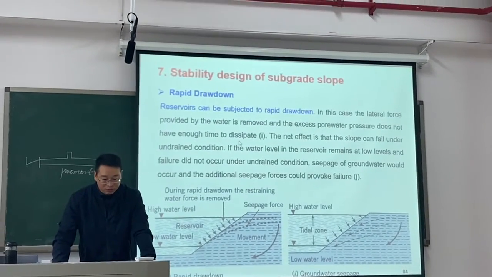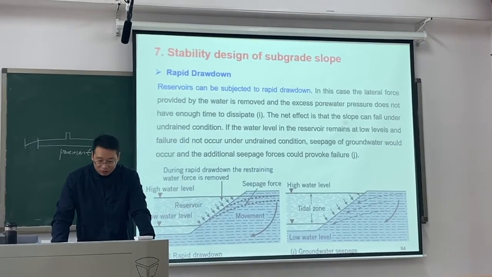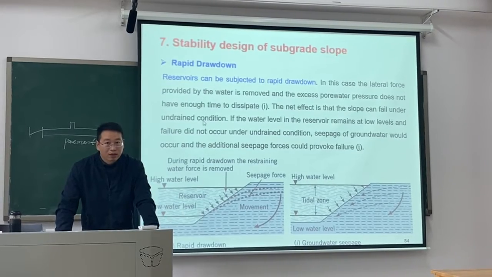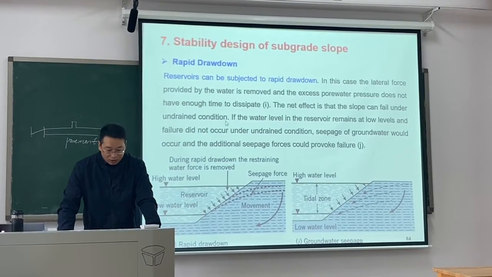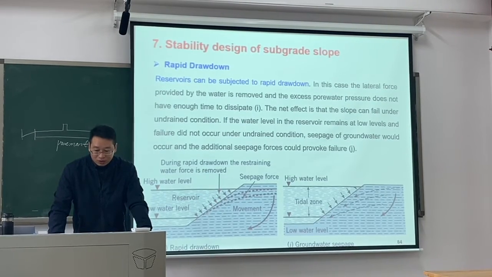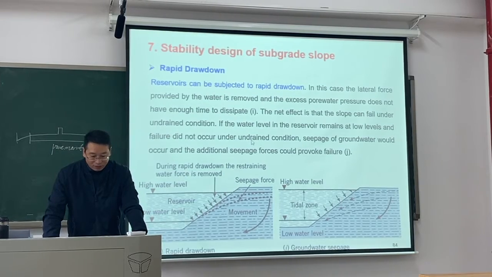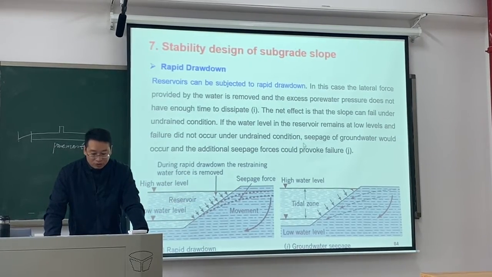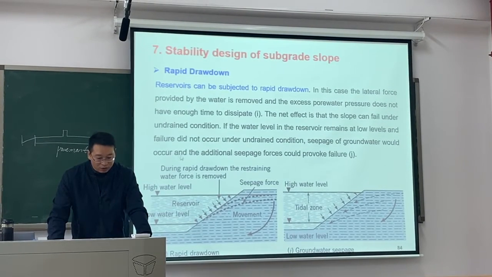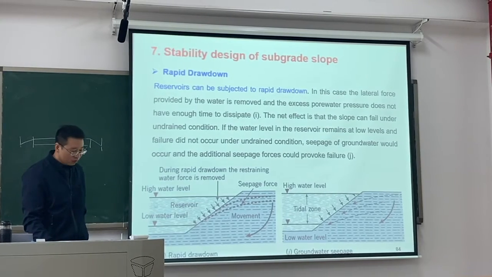Enough time to dissipate. The next effect is that the slope can fail under undrained condition. If the water level in the reservoir remains at low levels and failure did not occur under undrained condition, seepage of groundwater would occur and additional seepage force could provoke failures. From these two